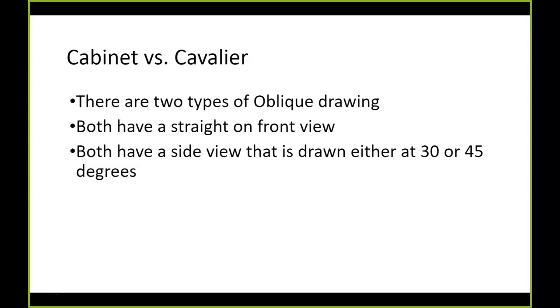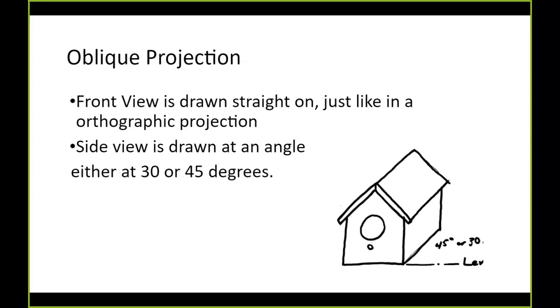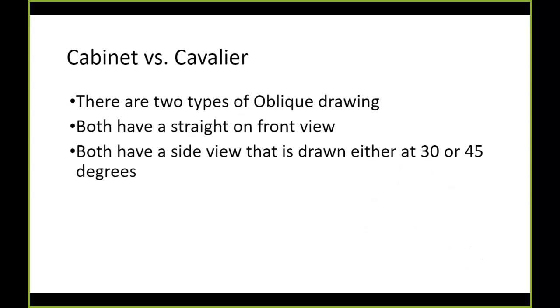So again, there are two separate types of oblique projections. The first type of oblique projection is what's called a cabinet oblique, while the second type is called a Cavalier oblique. In this case, both of these are oblique drawings. They both have a straight-on front view. Both have a side view that is drawn at either 30 or 45 degrees. Okay, so they all reference all of this stuff right here. However,